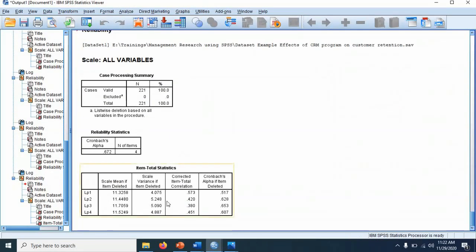So it is telling me, if I delete LP1, the Cronbach alpha for the remaining items will be 0.517. So from here we can identify which item is creating more problems, and if, for example, by deleting LP2 our Cronbach alpha increases to 0.628. I mean, previously it is less than 0.5 and now it's jumping to 0.628. So we can